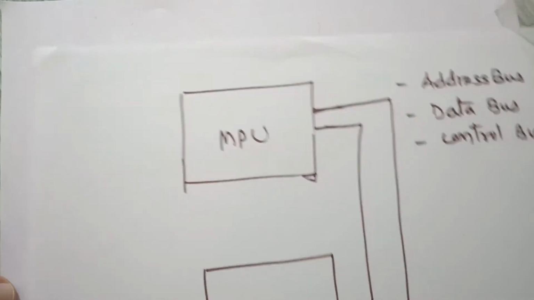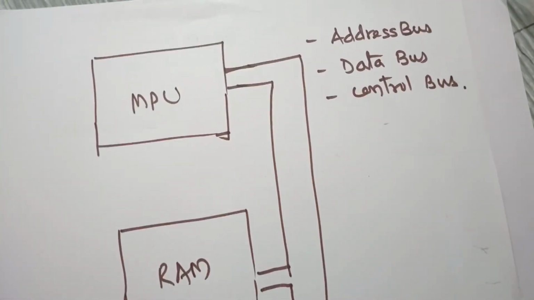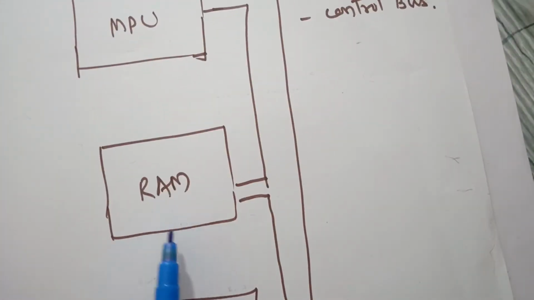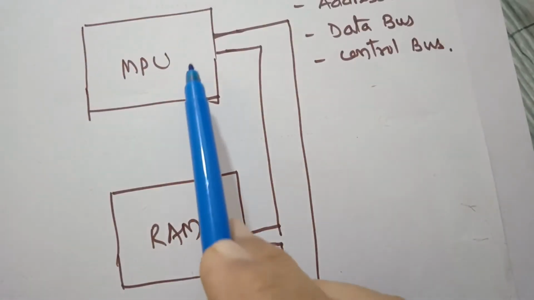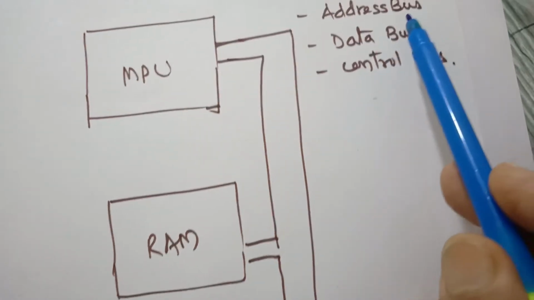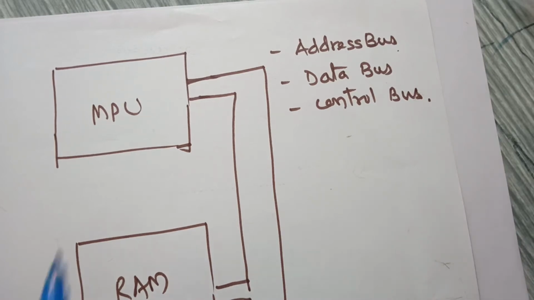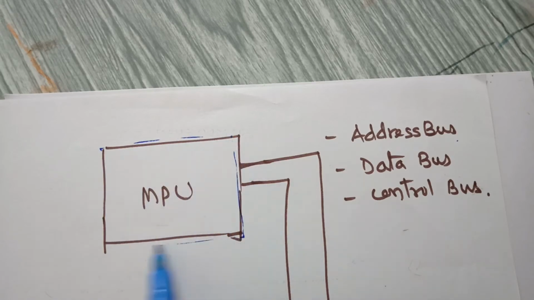In the last session, we have seen that any microprocessor based system, the microprocessor, is connected to other sections of computer, that is memory part and IO interface, by means of address bus, data bus and control bus. Now we are going to study the internal structure of this microprocessor. What are the various pins on this chip?